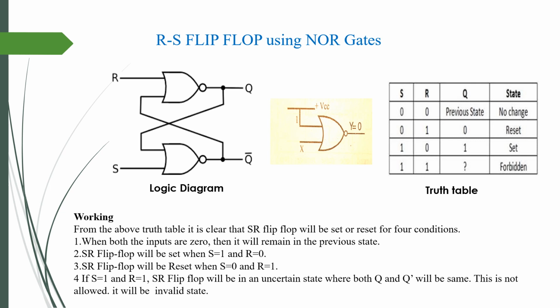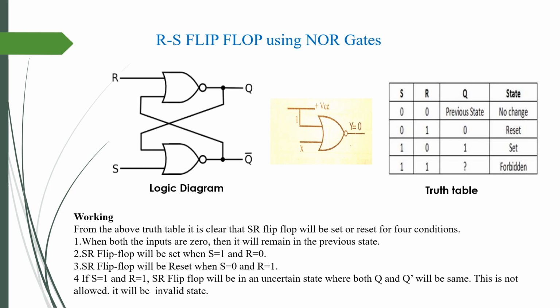First we will see RS flip-flop, which is also known as SR flip-flop. This is logic diagram of RS flip-flop using NOR gates. Remember truth table of NOR gate. When one of the inputs is known and if it is 1 or high, then without knowing other input we can determine its output and it is 0. Hence, when one of the inputs to NOR gate is 1, it is disabled. Its output is 0 irrespective of other input. Here two NOR gates are used and they are cross coupled to each other.